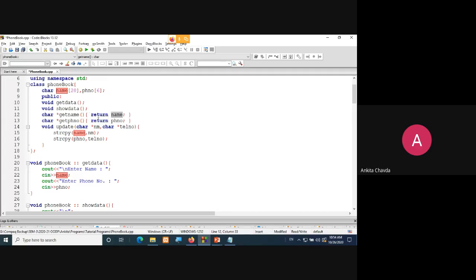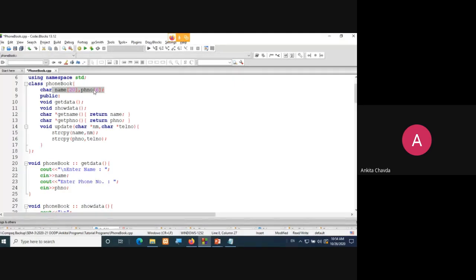Okay? Because see, these are our private variables, so I cannot directly compare with the name. I cannot access these two variables directly outside of my class, because my variables are private. So if I want the value of any of the variables, I have to provide functions named getName and getPhoneNumber, something like this, or the setName. This update is nothing but your set contact or set name, something like that, which you have given as update. So it will simply do the string copy to these particular variables.